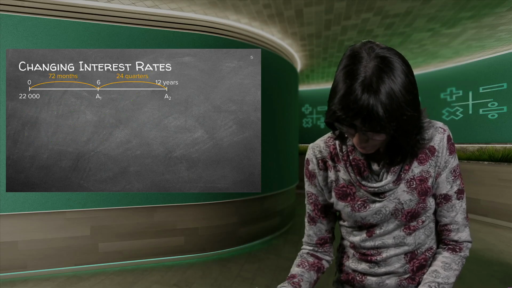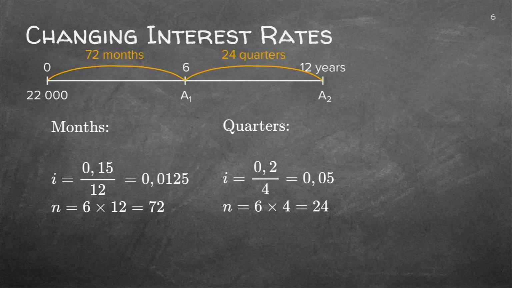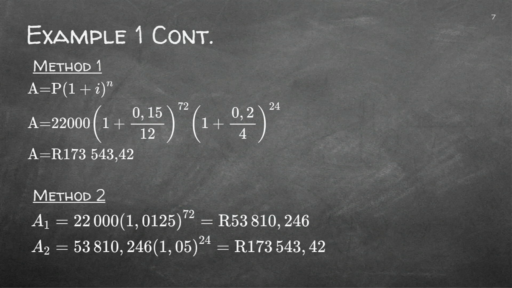I'm actually quickly going to go back to the problem itself because I want you to summarize it and highlight so that you can do it all on your own. There's the proper timeline with the interest. There's the answer. Now there's two methods. Can you see this method? They only worked out the one coach, 1 plus that 0.15 over 12. They just worked it out on the calculator, so it gives you 1.0125.